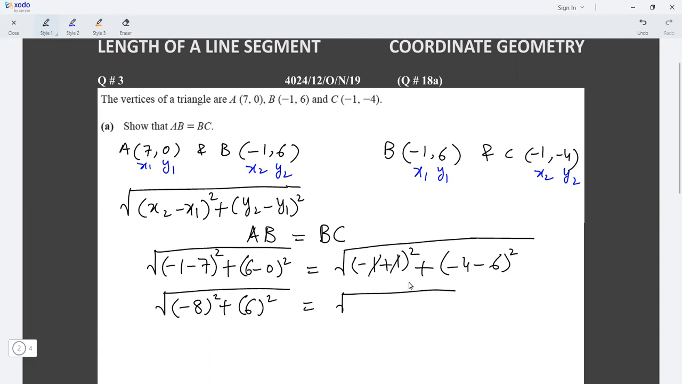So nothing will be left in the change of the x-axis. So only the difference of the y-axis remains. So it will be negative 10 square. So what's the answer of this? It will be